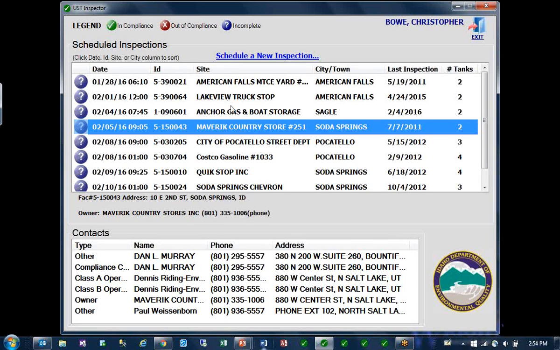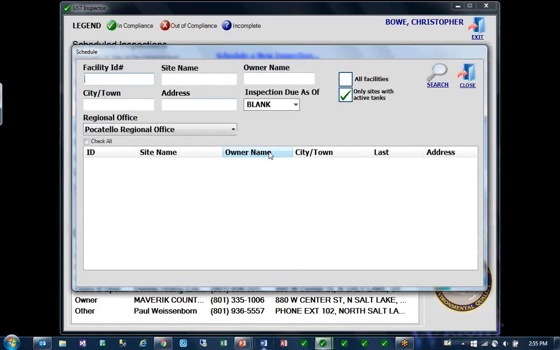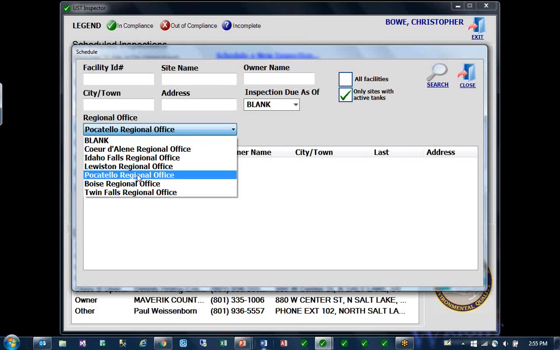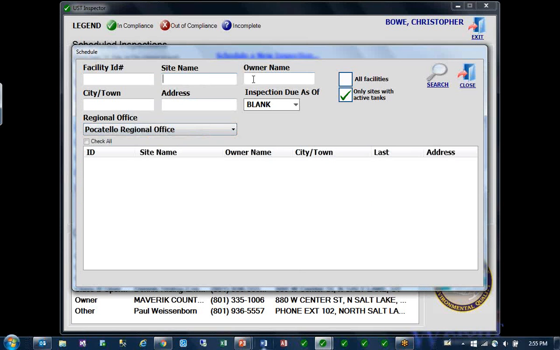So if we're out in the field and we show up at a gas station we haven't previously scheduled, these can be scheduled in that back-end system with the scheduler, but they can also be scheduled directly on the tablet. So we can take a look and say, okay, maybe we want to look in a particular regional office and we want to look for,